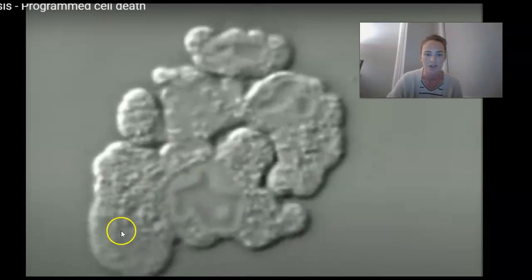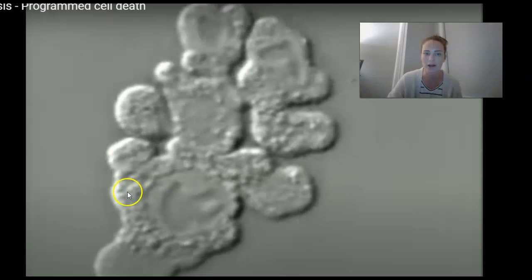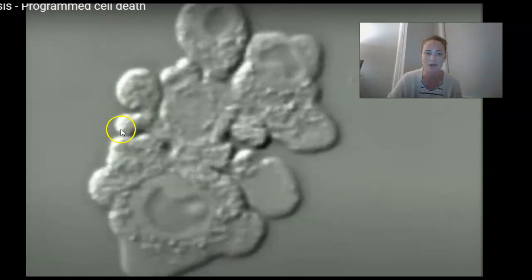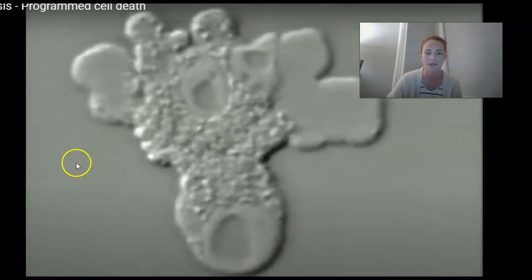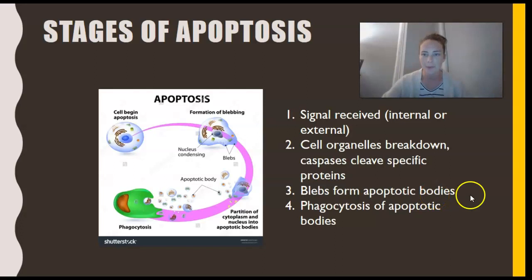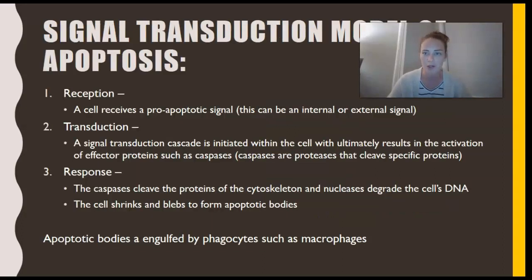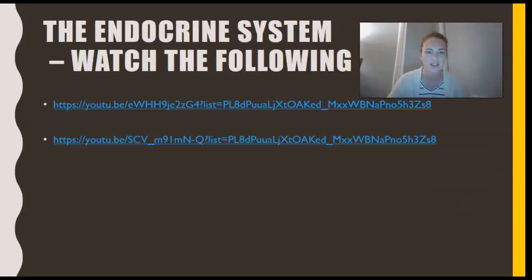So just to put into a real life sort of context what the cell looks like as it's undergoing apoptosis, you can see those apoptotic bodies starting to break away on the side of the cell there. So, I'm a bit all over the place with this video, but I did forget at the start to go back and have a look at the key knowledge. So before I go any further, I'll just skip back a few slides and have a look again at the key knowledge that we need for this chapter part.